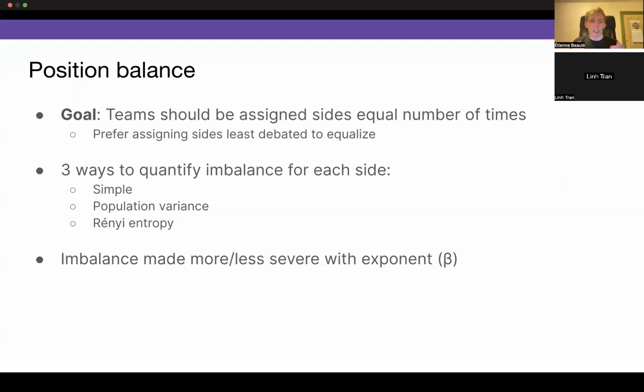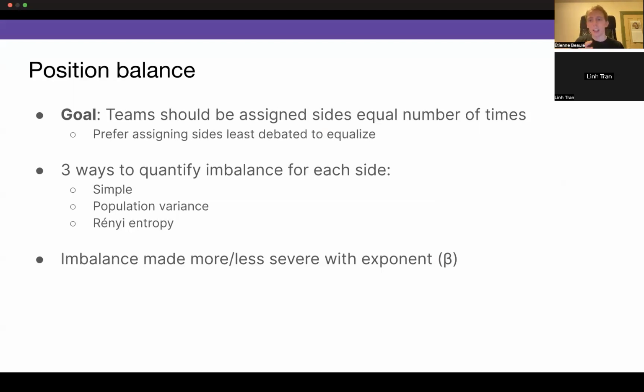However, it's a bit hard to quantify how bad the imbalance between the sides a team has done is. Would we want to prioritize... well, that'll be later.